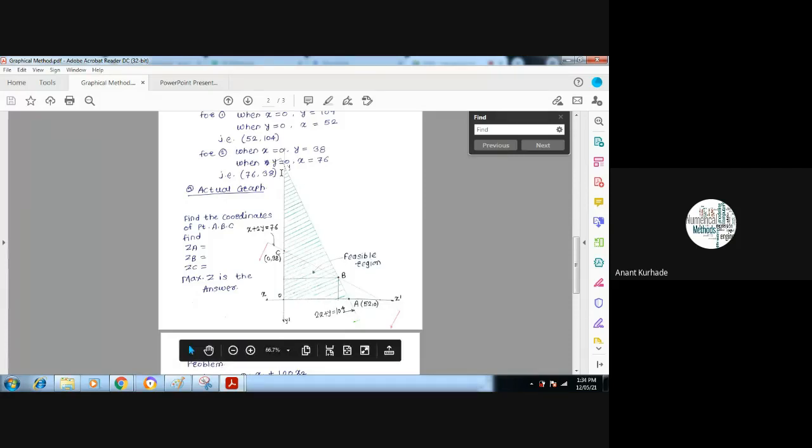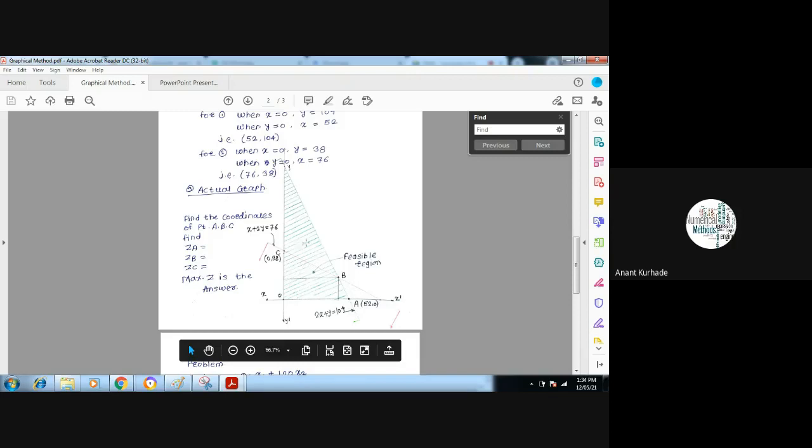We have not drawn the second line. Now we can draw the second line with these coordinates: 38, 76 and 38. This is 76, this is 38, and I have drawn it using a red line. Again, why below? Because the constraints are less than. L for less. So again, you can draw the visible region exactly below.